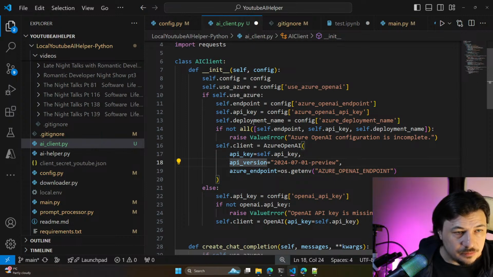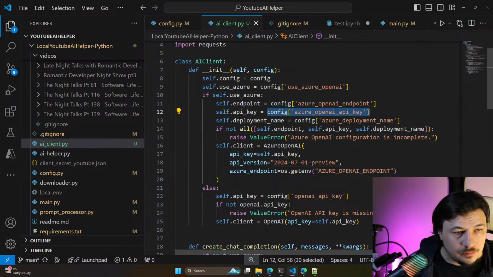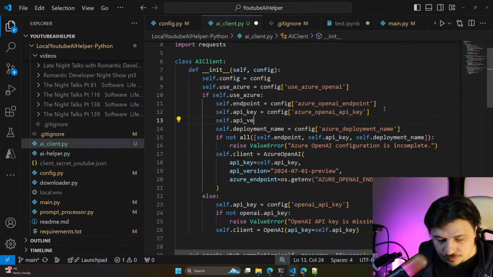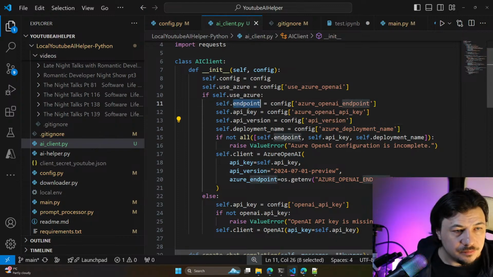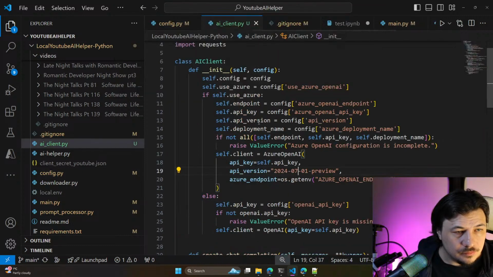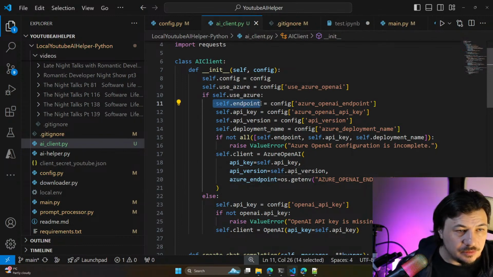API version. And Azure endpoint, it would be self endpoint.